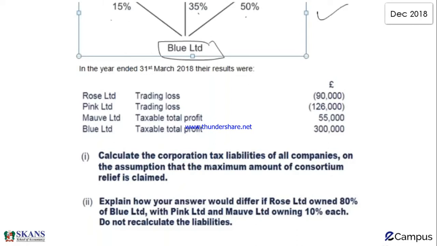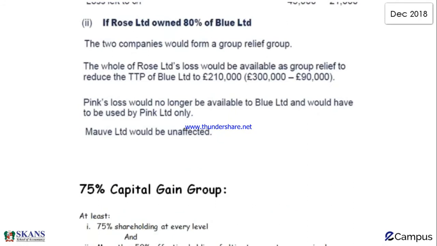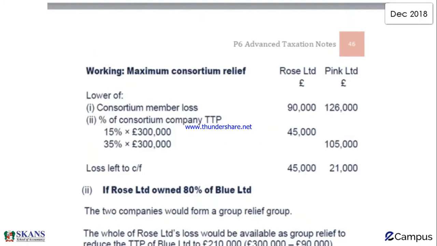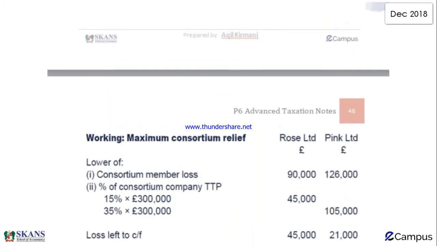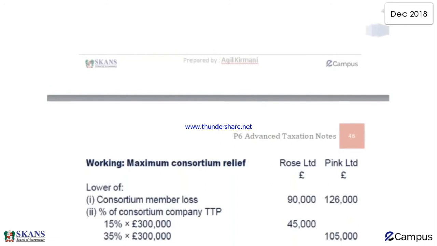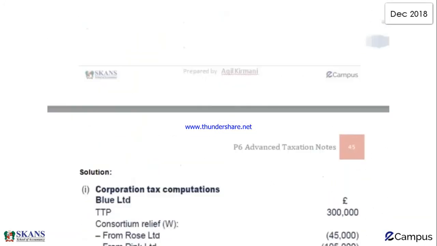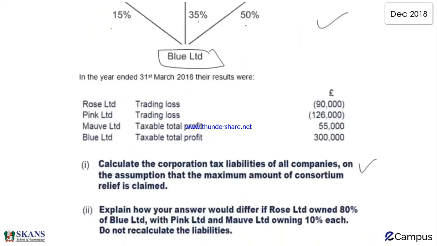Calculate the corporation tax liabilities of all the companies on the assumption that the maximum amount of consortium relief is claimed, and explain how your answer would differ if Rose Limited owned 80% of Blue Limited, with Pink Limited and Mauve Limited owning 10% each. I hope there are no problems in the example. If there are any, please feel free to ask me. So right now I'm going to focus on the second requirement, which was, what if,